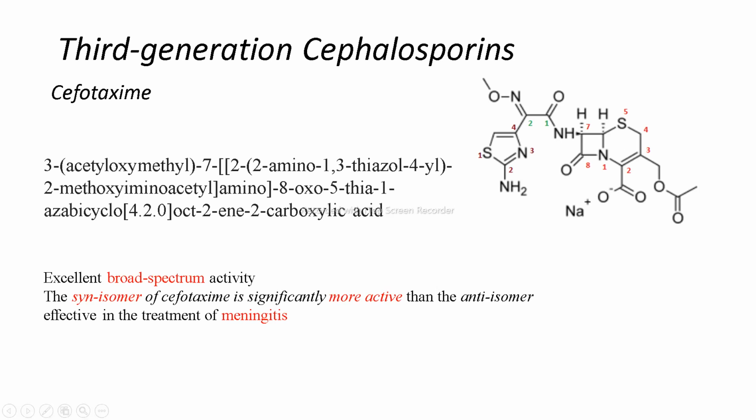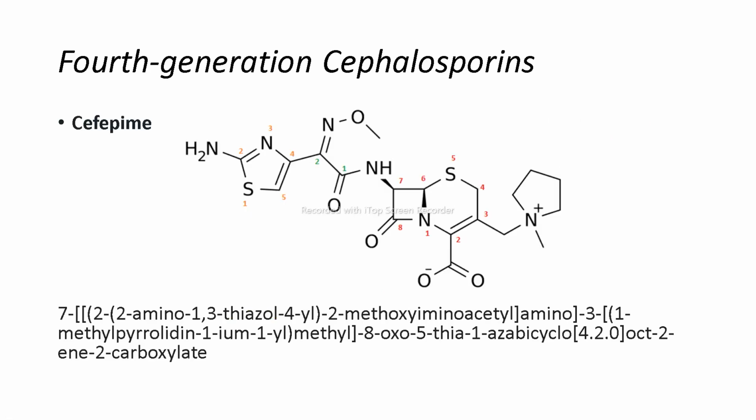So this is the first drug of the third generation cephalosporin, which is the cefotaxime. So there is only one drug again in third generation. So each generation contains only one drug. First generation there is one drug, second generation there is one drug, third generation also there is one drug, fourth generation maybe also contain one drug. So the first drug of the fourth generation cephalosporin is the cefepime. It is a cefepime.